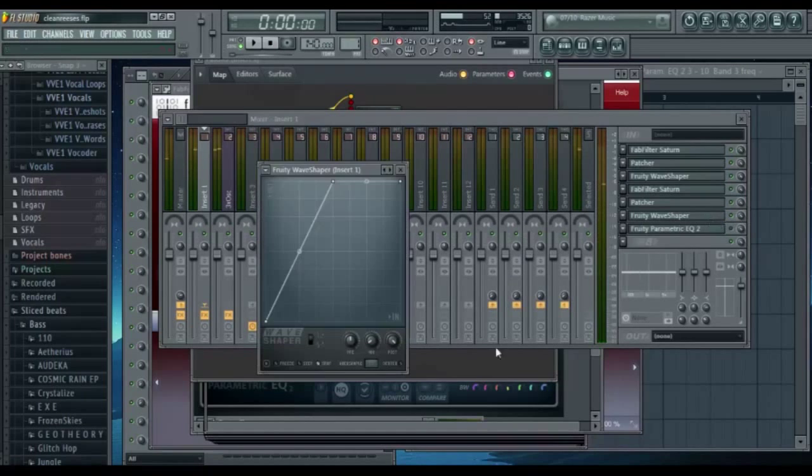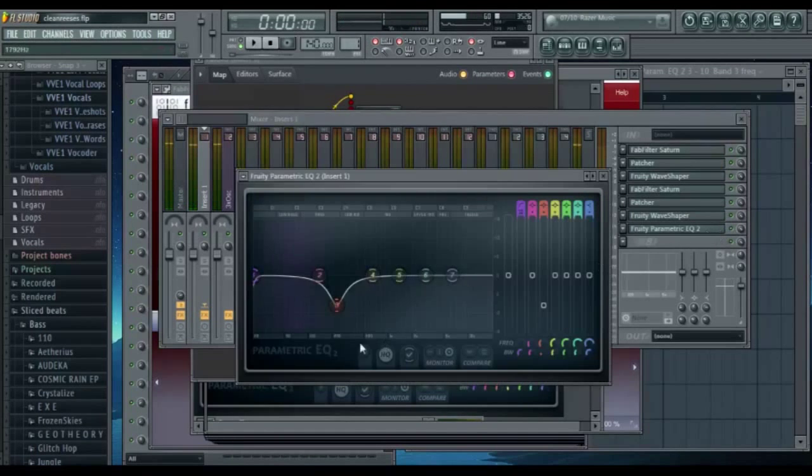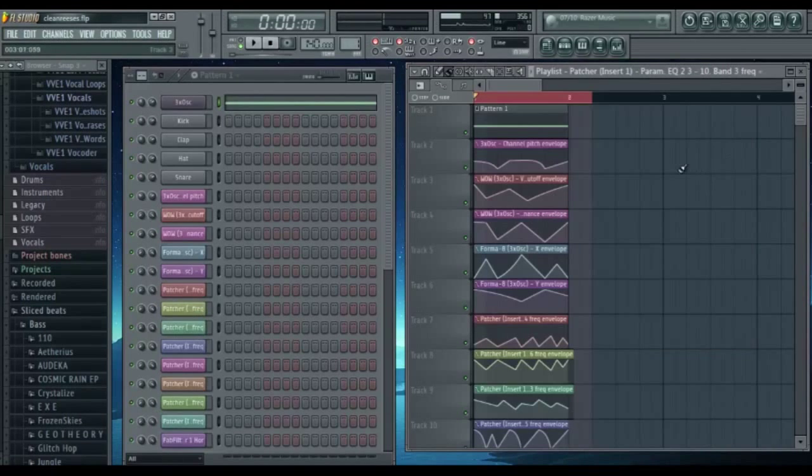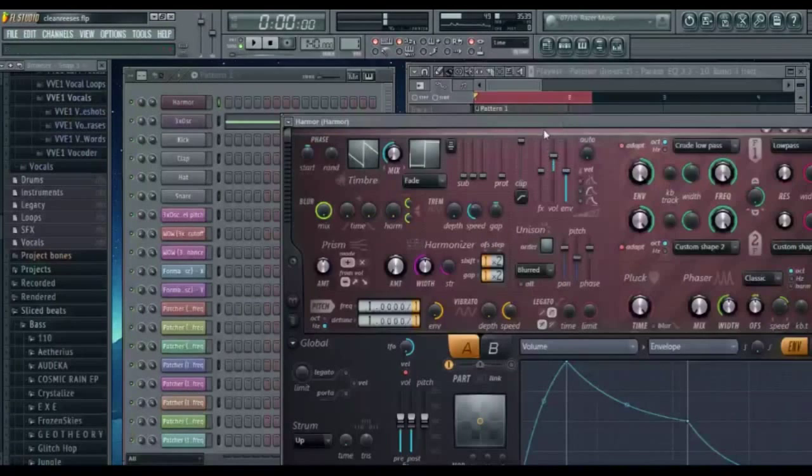And then there's another wave shaper with the mix only up a tiny bit. And then a final EQ, which is just dipping like 240. With the final EQ, I like to just dip around 200 to 400 hertz because they generally don't sound great. And then after you've done this, you can record this and put it into Harmor or something like that, or just record the sound and put more and more effects on it.